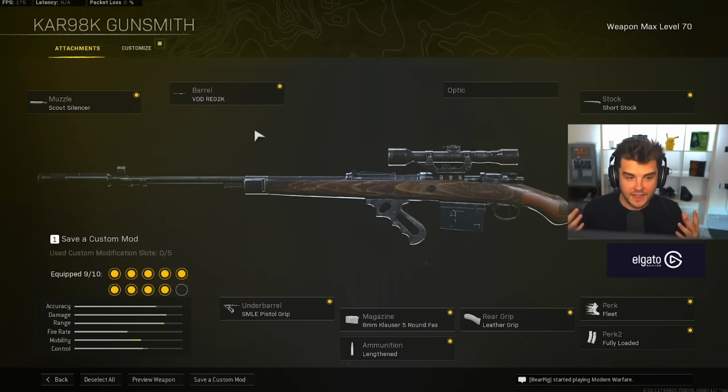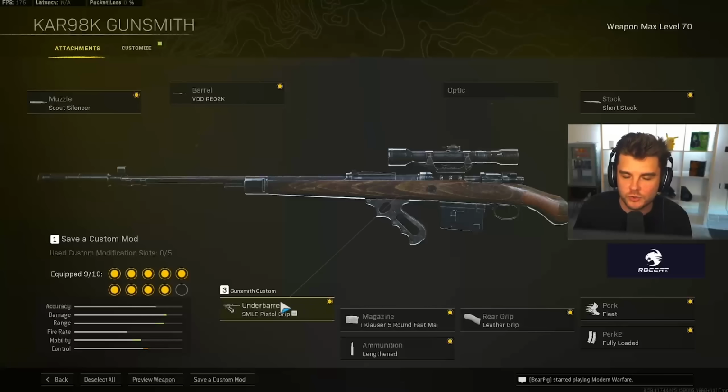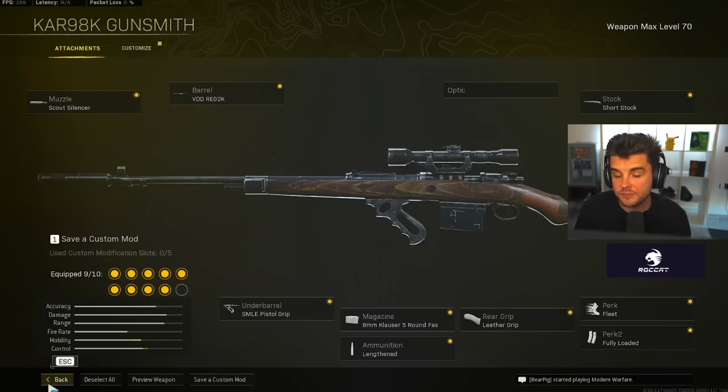So if you are a good sniper, this is now an absolute beast, because you're just going to be able to pick those headshots off at a long distance and just run free. You will shred with the Kar 98K from Vanguard now. I think a lot of snipers are out there rejoicing because they're once again going to be a pain in the ass. But we'll have to wait and see. But that's the build you want to run. Scout Silencer, VDD Rio 02K, short stock, fleet, fully loaded, leather grip, 5-round fast mag, lengthened,